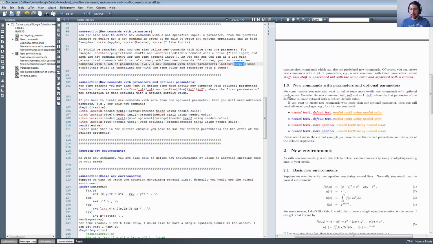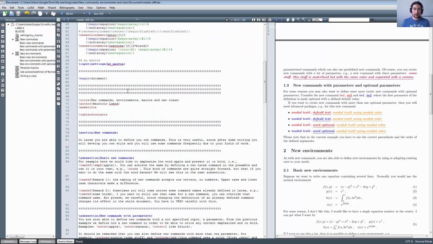And okay, for some reasons you may also want to define some more exotic new commands with optional parameters. Consider the new command that you can see here. Its effect is what you can see here, NC5, where the first parameter of the definition is made optional with a defined default value. Let's go to the preamble and take a look at the